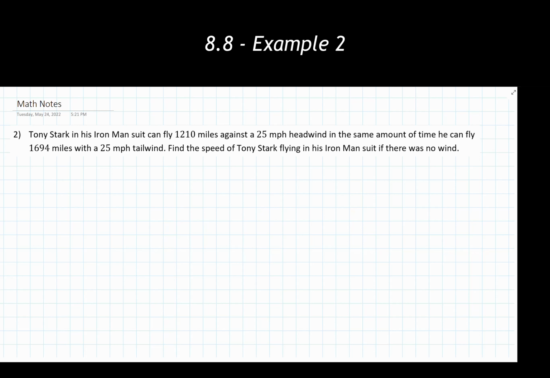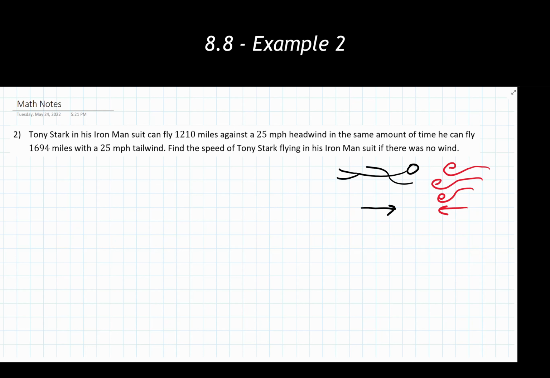Hopefully a little visual will help out with this. I'm by no means an artist, so use your judgments as you see fit, or be kind with them. So let's say we've got Iron Man here, and he's going to be flying in this direction. A headwind would imply that the wind is coming at him, so we have the breeze coming at him in this regard. So that would imply that the wind is pushing against him and therefore slowing him down.